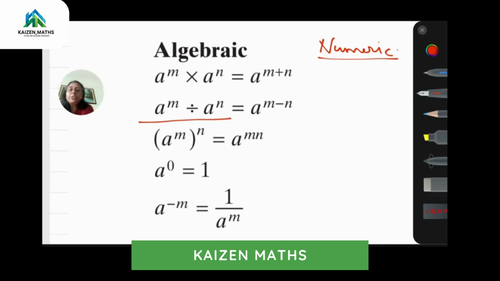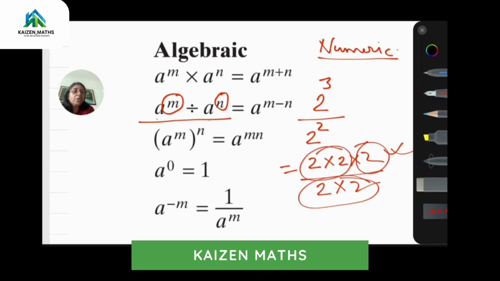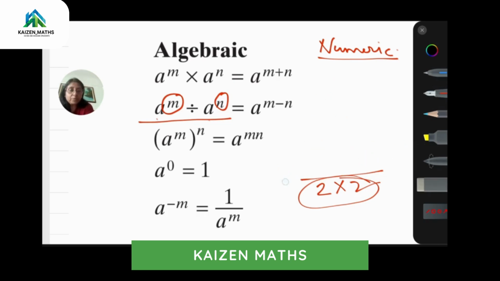राइट अब कोसेंट रूल में a हमारा बेस है यहाँ, राइट तो अब क्या हो रहा है, ये जब डिवाइड हो रहा है तो इसको हम लोग क्या करेंगे, सब्ट्रैक्ट करेंगे, राइट कैसे सब्ट्रैक्ट कर रहे हैं, क्यों कर रहे हैं, आपको भी पता है। मान लो अब अगर हमारे पास गिवन है 2 रेज टू द पावर 3 और उसको आप डिवाइड करोगे 2 रेज टू द पावर 2 से, तो ऐसे भी क्या लिख सकते हैं हम लोग, वी कैन राइट ना 2 इंटू 2 इंटू 2 एंड डिवाइडेड बाई 2 इंटू 2, राइट तो ये 2 और ये 2 कैंसिल हो जाएगा तो क्या रह गया हमारे पास, ओनली 2, राइट।